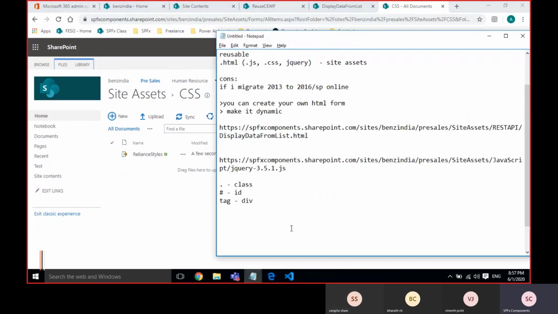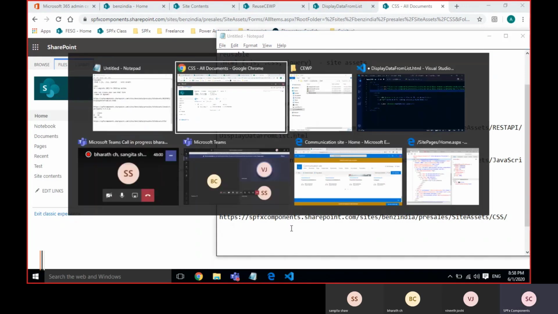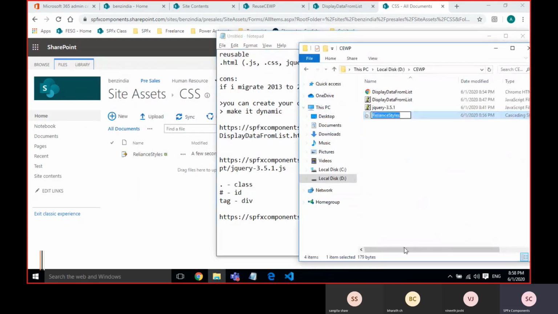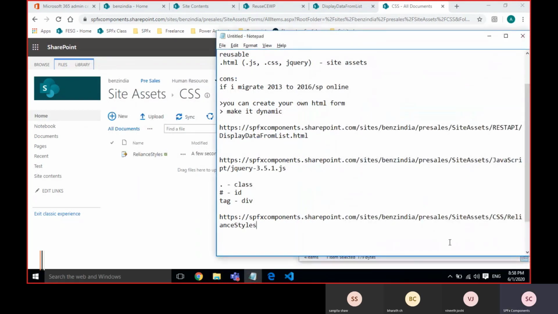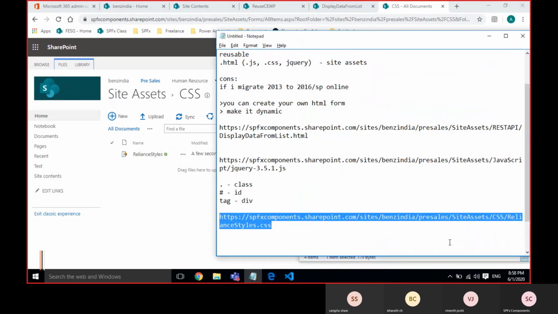So I have to take the path. Anyhow, it is already there. So site assets, then CSS, then styles.css. Okay, I'm ready with my path.